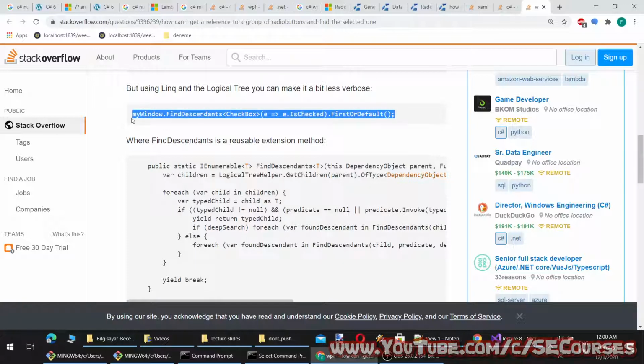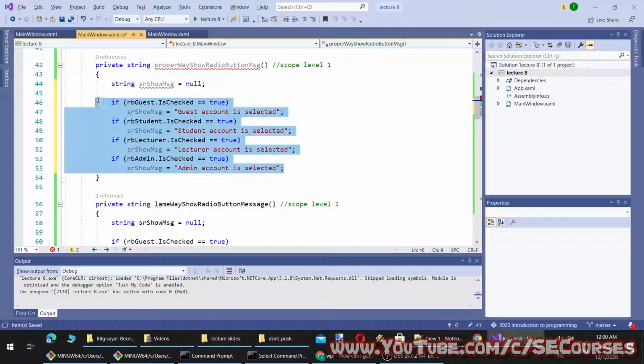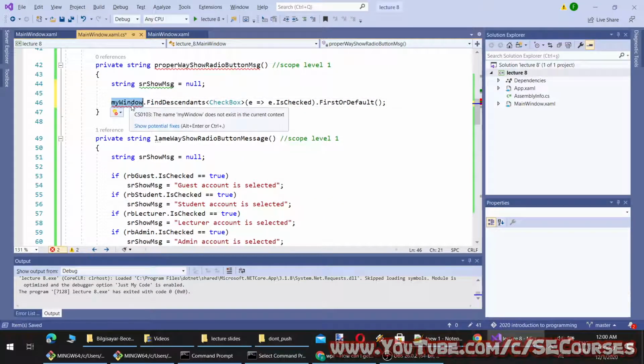Okay, here. This is the way. Find descendants. So what is our window name? Main window. And find descendants.